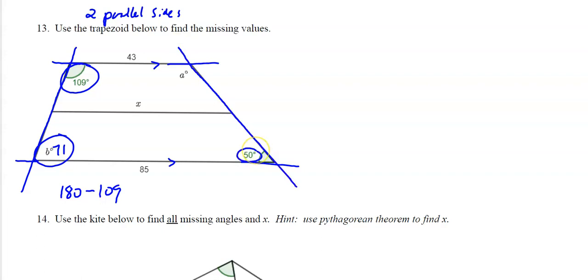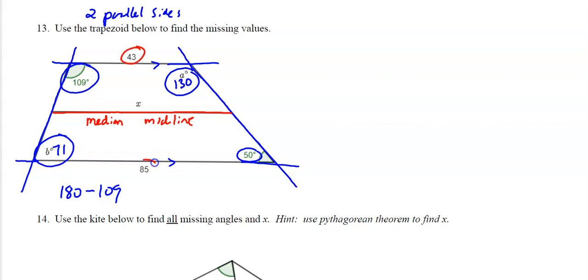So if you're 50, that means you are 130. So I got my angles locked down. Then we have this thing in here called the median. This line X right here, the middle line, the midline. It's called the median. You might want to think of it as the midline because it's exactly in the middle